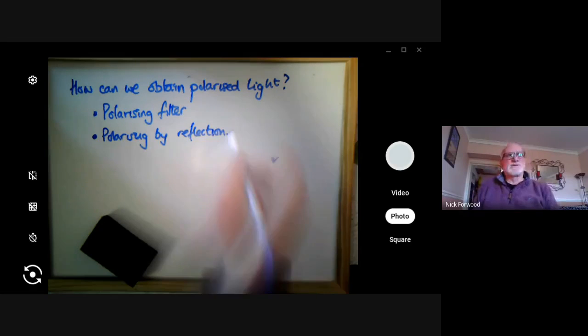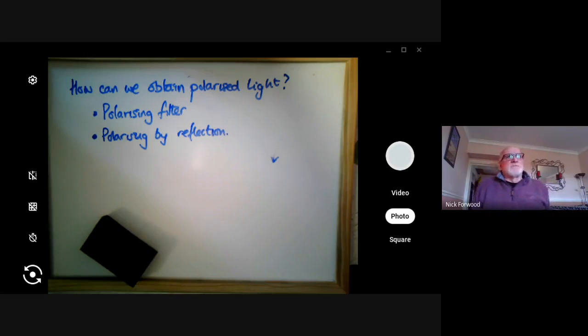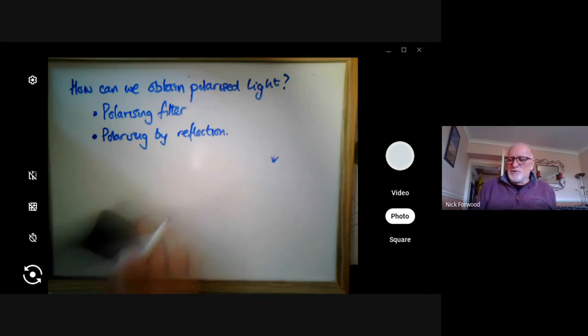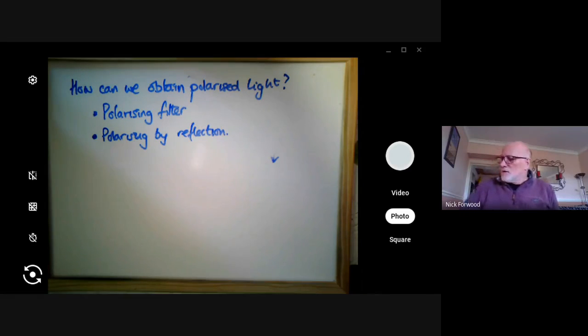And some surfaces that reflect also do this polarizing thing. And for us as outdoor people, we're mainly interested in things that do polarizing by reflection. Things like if you're down on the beach and you get a lot of glare off the beach, or you get a lot of glare off the water, or if you're skiing and you get a lot of glare off